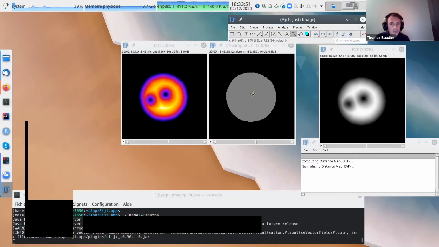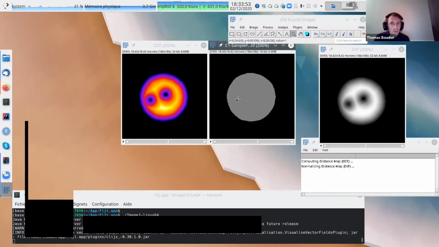So here we see actually in the nucleus we have two holes. That means it's a border. So this is why you have these two holes here. If I'm here, the closest distance to the border of the nucleus is this one. So we may need to fill the holes if we don't want these two holes here. This thing is quite interesting.